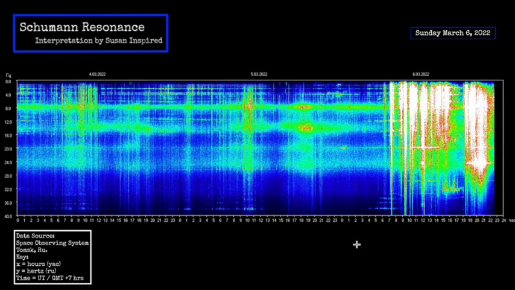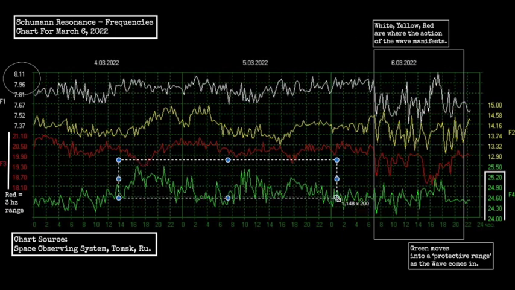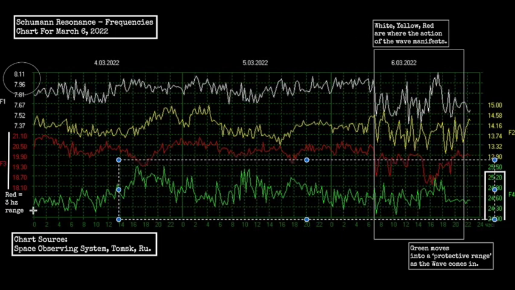And I'm going to address that as soon as I talk about the black charts. I do want to mention, see the obvious cross right here? That's going to come into play in a second. All right, so in the frequencies, just really quickly, I highlighted where the range of the wave is on the chart, and you can see here that the wave doesn't really affect the green. In my view, this is the human. Okay, in fact, we've moved lower now.